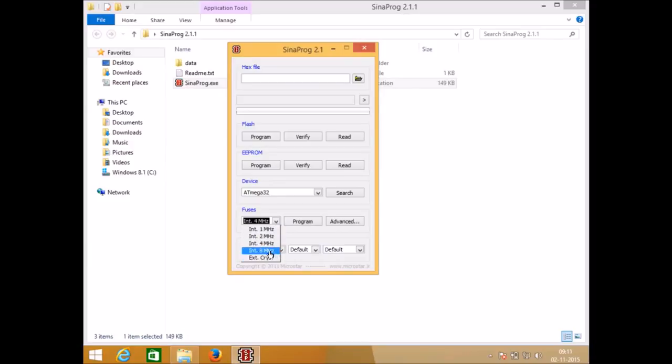Similarly, if you want to run it at 8 megahertz, just click on program and it will start running at 8 megahertz. Now there is an option for external crystal oscillator. Whenever you want to run it on an external crystal oscillator, you just need to connect one crystal oscillator to your microcontroller, select this external crystal option and click on program. But be careful: if you haven't connected a crystal oscillator and you set it to external crystal, your microcontroller will stop working, and to revert back to any other option you must connect one crystal oscillator to your microcontroller,